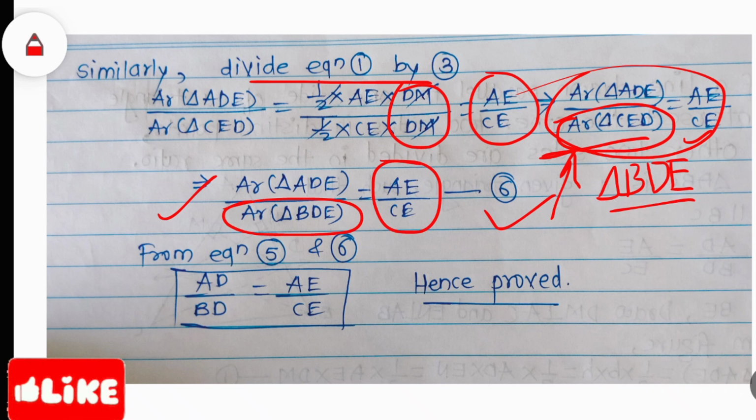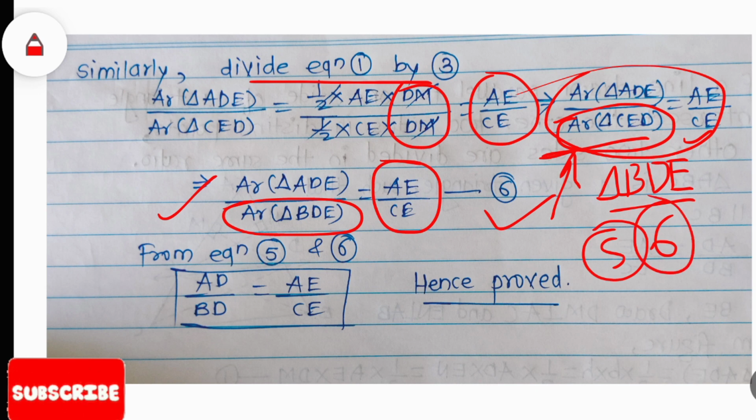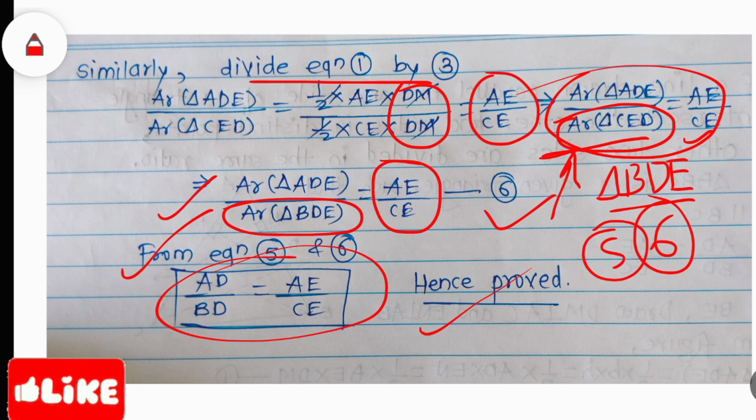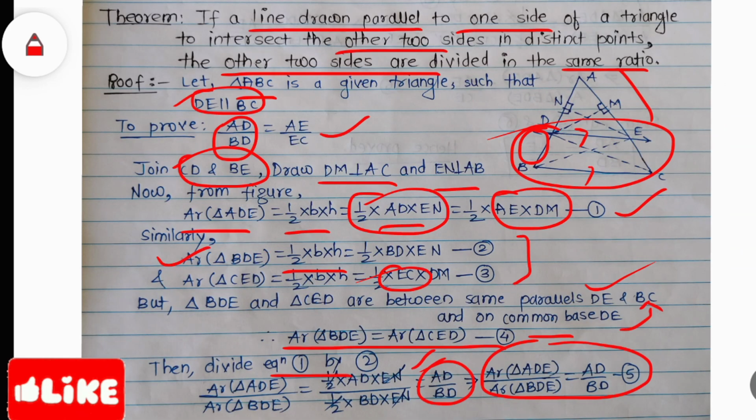So in equation number 5 and 6 the LHS is the same. So obviously if the LHS are same, then the RHS should be same. Because of that I will equate both equations. So from equation number 5 and 6 I will get AD upon BD equal to AE upon CE, and that is the required proof that we wanted to prove here. So hence I will write here hence proved. In this way we can prove this theorem